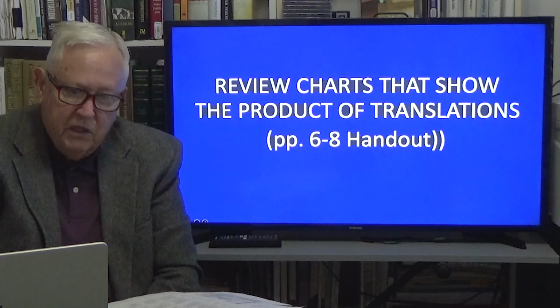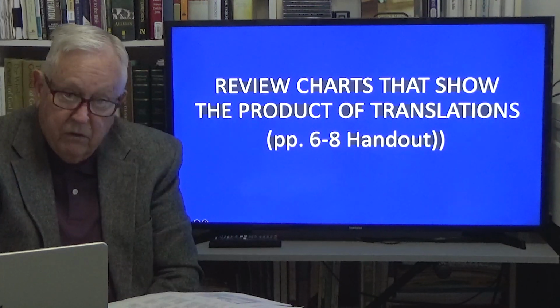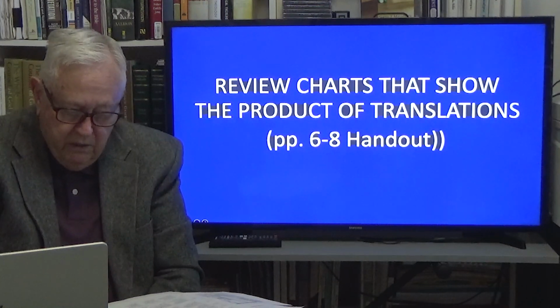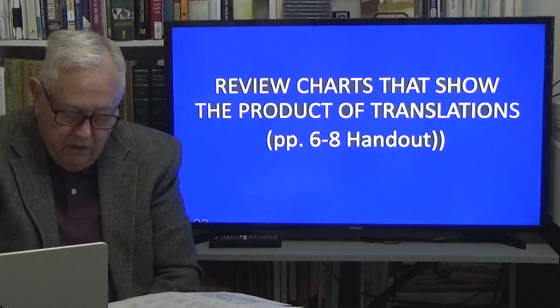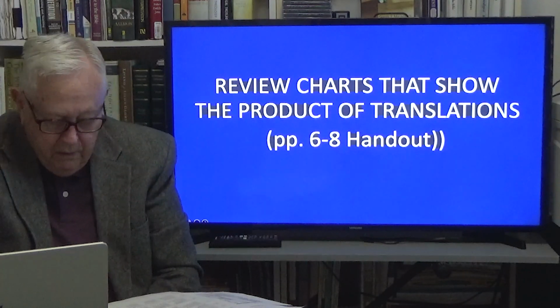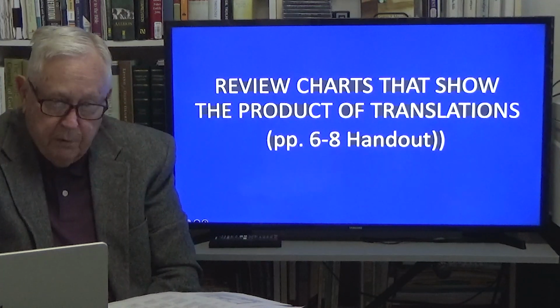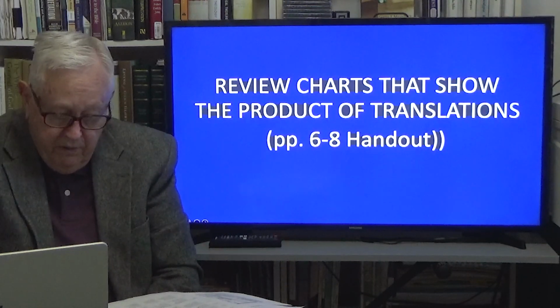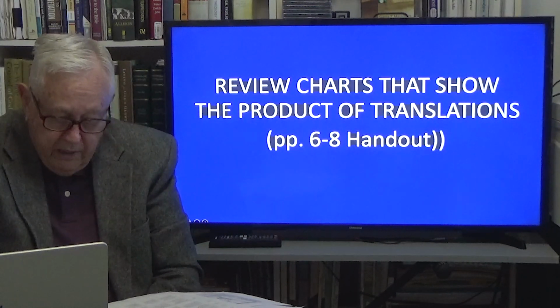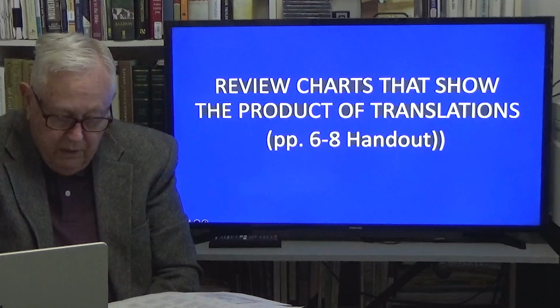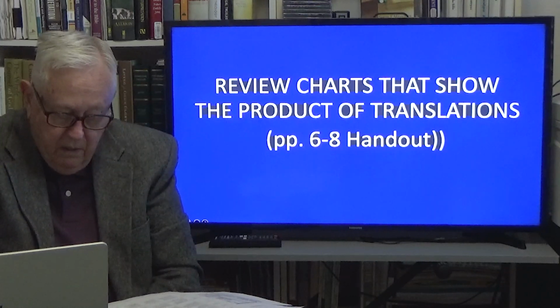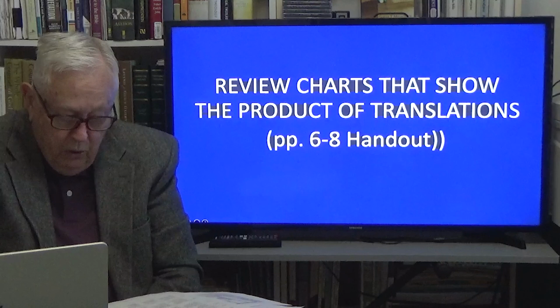You can see all the things people could make out of that verse. Well, look what the NRSV did. You who want to be justified by law have cut yourselves off from Christ. You've fallen away from grace, we could say, as a principle. Look at the NIV. You who are trying to be justified by the law. Notice it says you're trying. Whereas in the King James it says, whoever of you are justified by law.